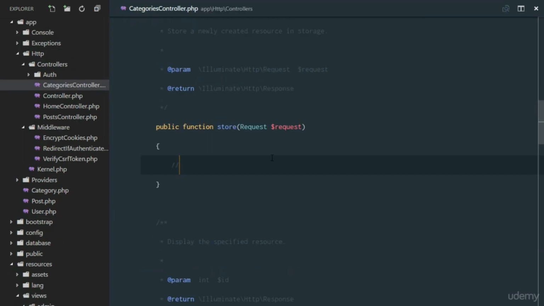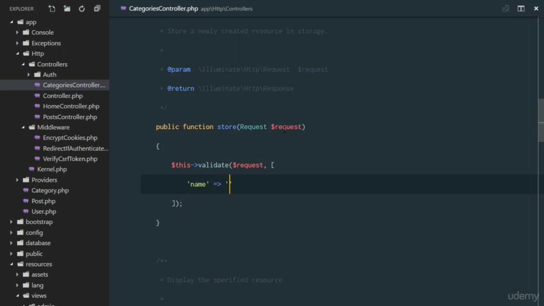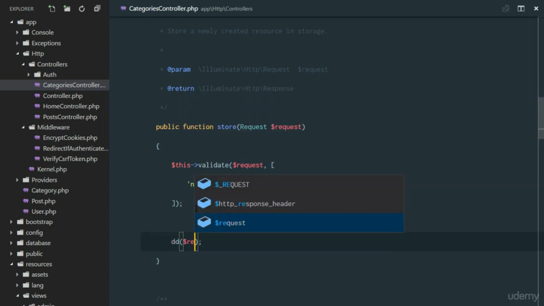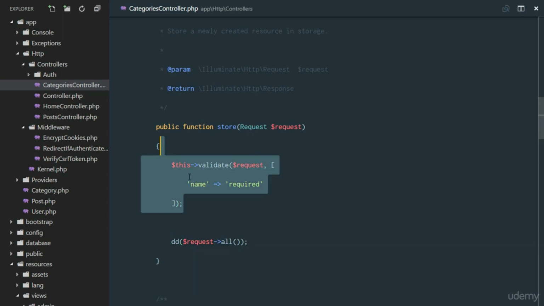Let's go ahead and populate it. When we submit the data, we need to validate the data using the validator that we learned in the last video. First of all, validate is going to take in the request, which we already have here, and it's going to receive an array of rules. In this case, we have just one field, which is the name, and we're going to make sure it's required, and that's all. Right here we'll just die and dump the request, so if the validator passes, let's just die and dump that for now. Now that we have that set,